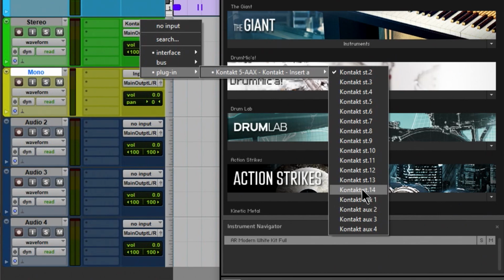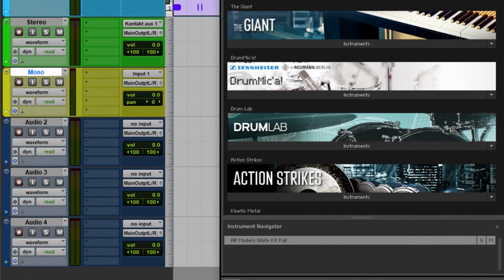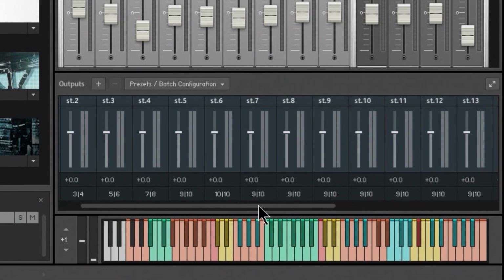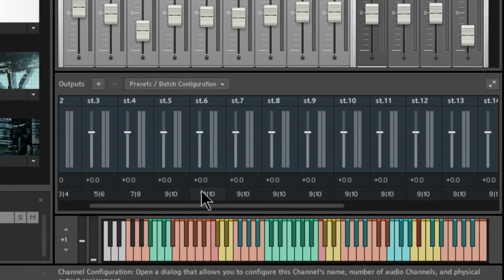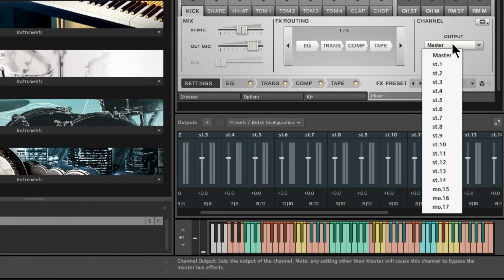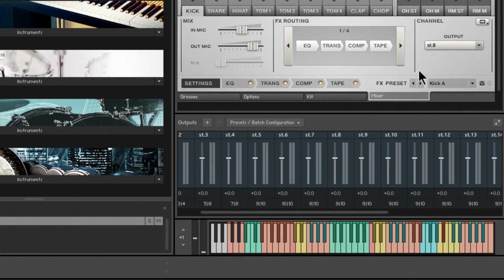Of course, we still have a bit of a problem, don't we? Because we weren't able to actually set up all of these outputs down here, right? So for example, stereo 6 is going out 10 and 10, right? This is going out 9, 10. This is going out 9, 10. So for example, if we just took our kick and we use the drop down, now we actually have this in here, and we came to say stereo 8 for the kick,